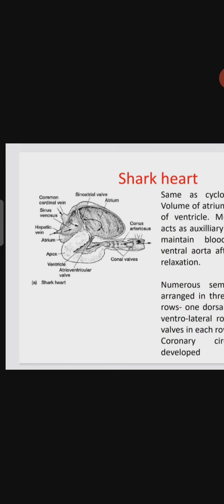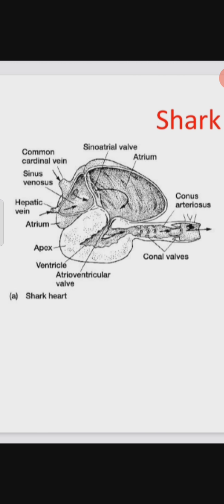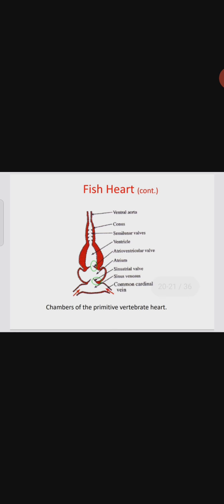So the first vertebrate heart you have to study is the pisces. In the pisces you have to take the example of the shark. Okay, so you have to study what the shark heart structure is, which parts it has, and how the circulation occurs here. Actually the origin of the shark heart will be like this; we call this the shark heart origin. The atrium, ventricle, conus arteriosus and sinoatrial valve are all originated, and this we call the heart structure of the shark or the pisces.